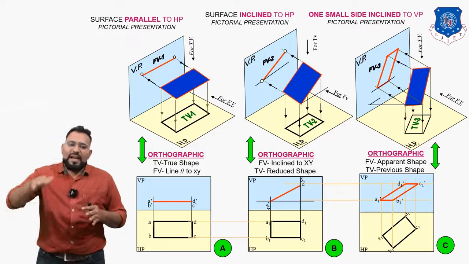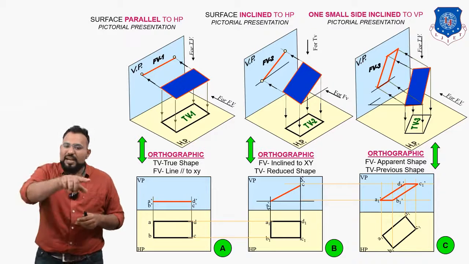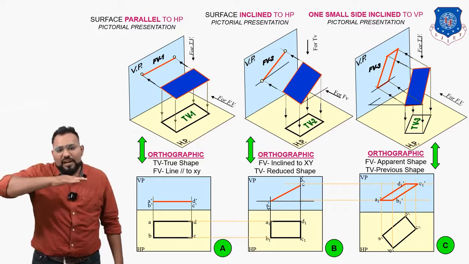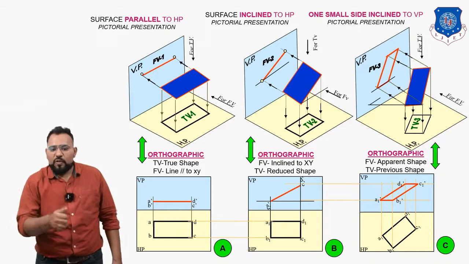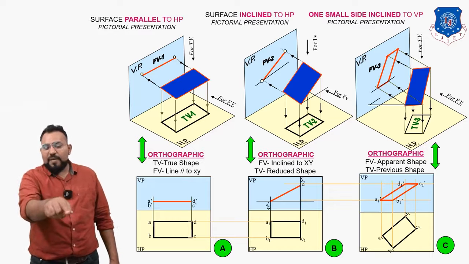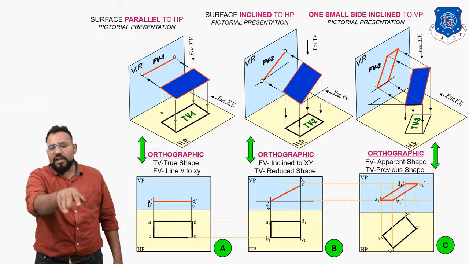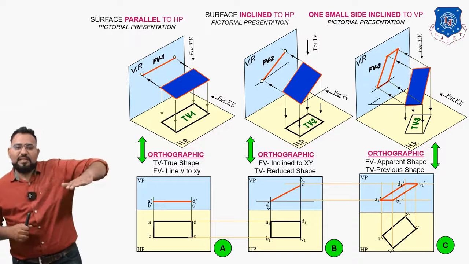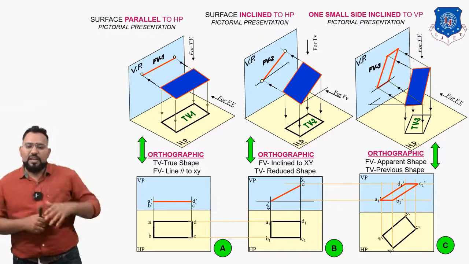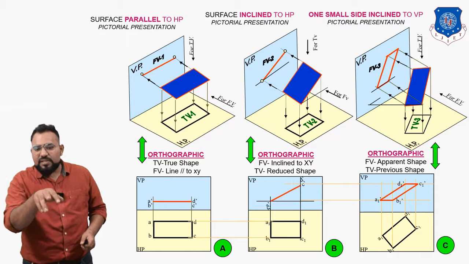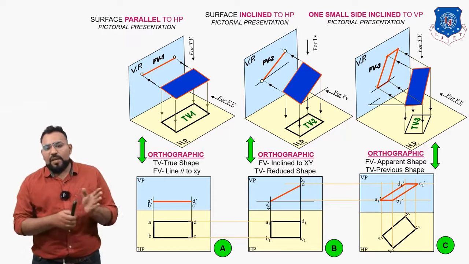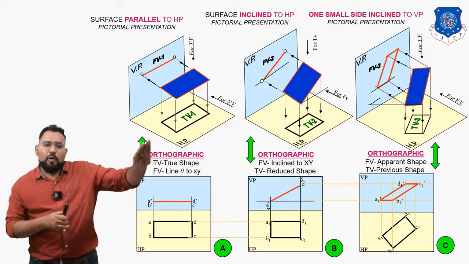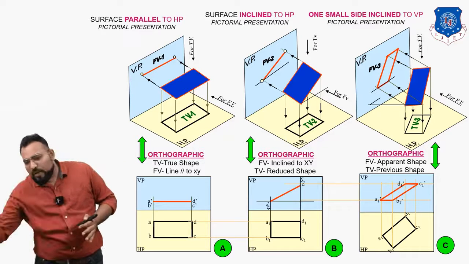First, he will say that there is one surface, or you can say that here I have taken a plane surface as a rectangle. So first you have a rectangle which is parallel to HP. In the first stage, which is A, alphabetical A, you first draw a picture over here which is named A. Then this plane surface has an angle of 30 degrees with HP, so you draw a second figure which is named B. After that, by keeping the same HP angle, I will rotate this plane figure 45 degrees to VP. So now you will draw a third figure which is named C.